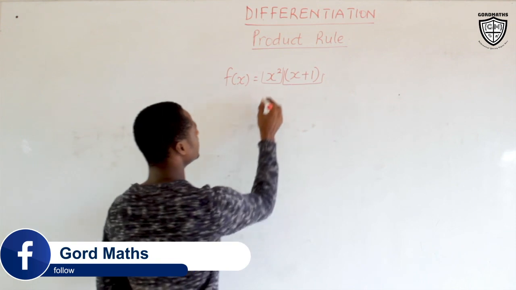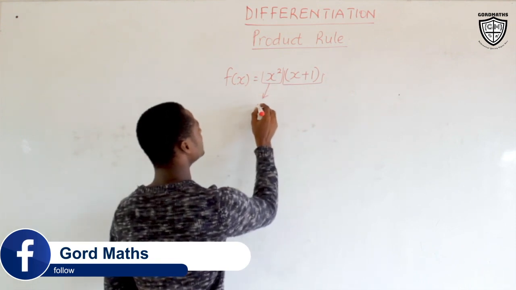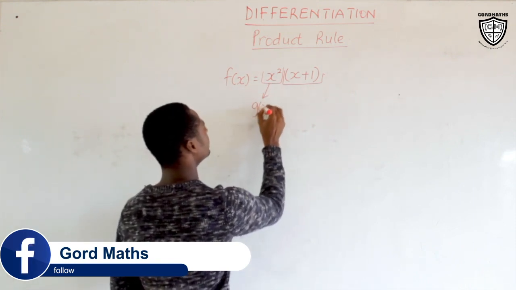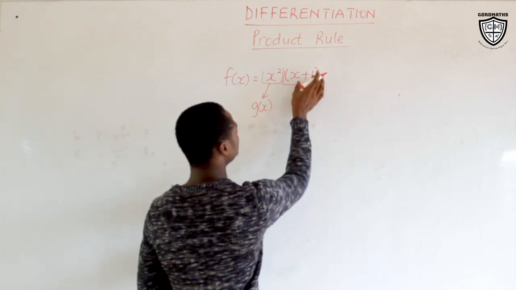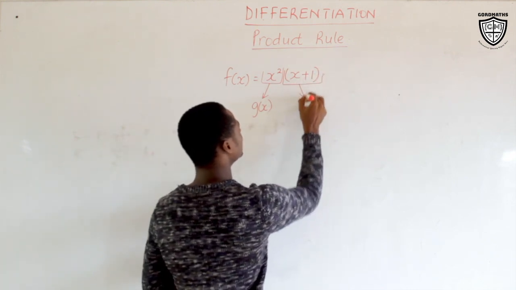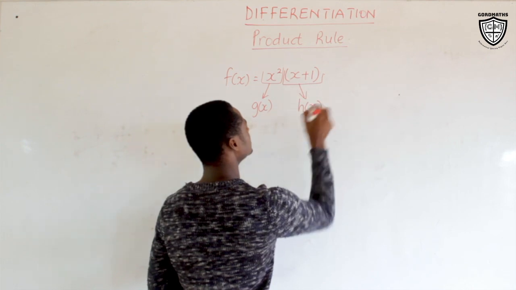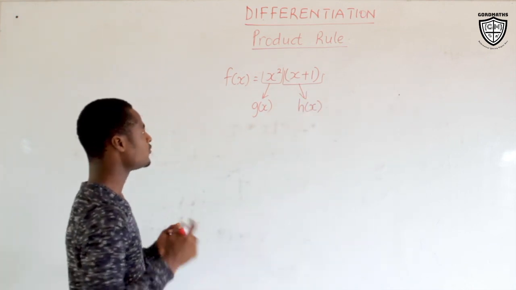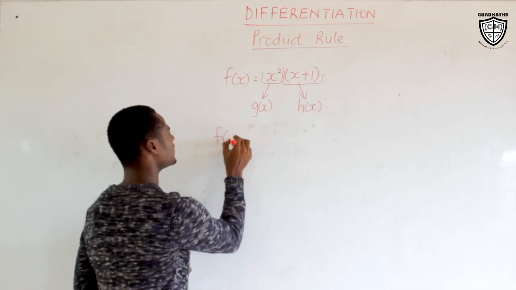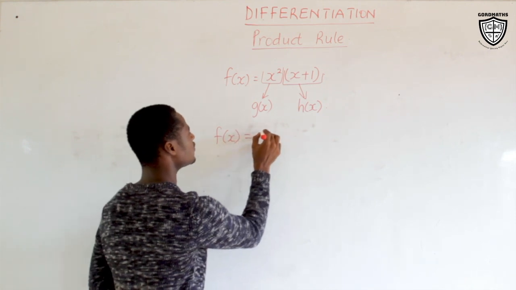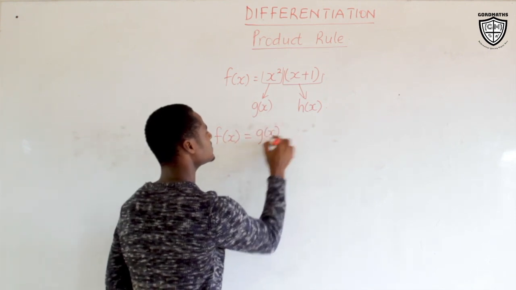And so we can represent the function x squared by g of x, and then the function x plus 1 by h of x. So we would say that the function f of x is equal to g of x